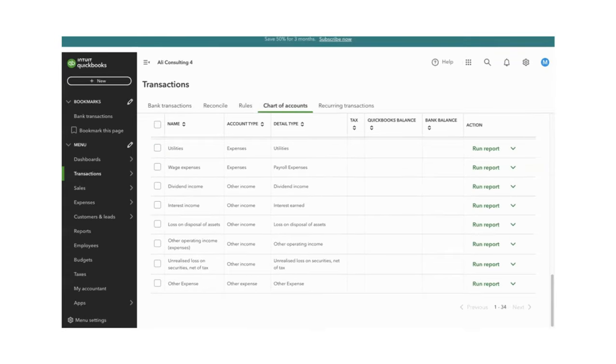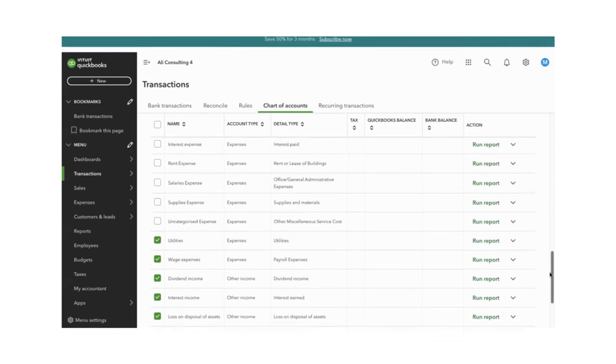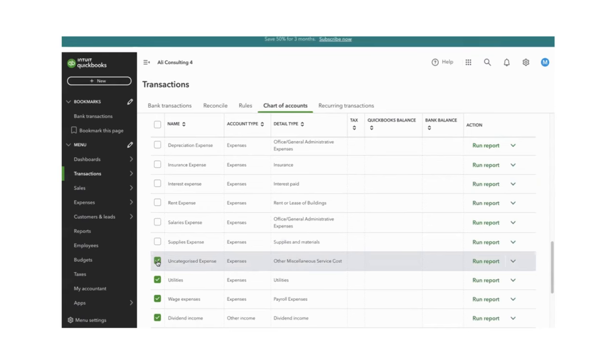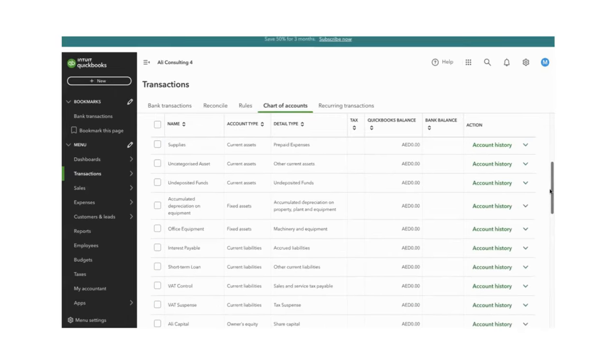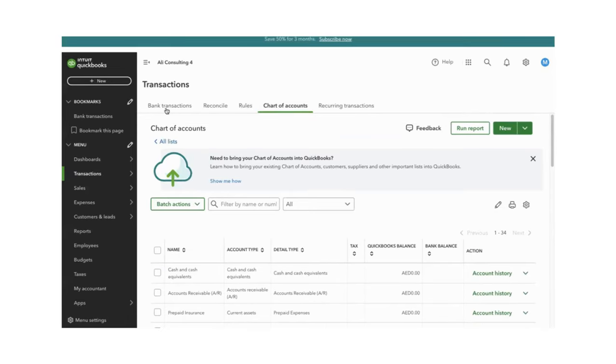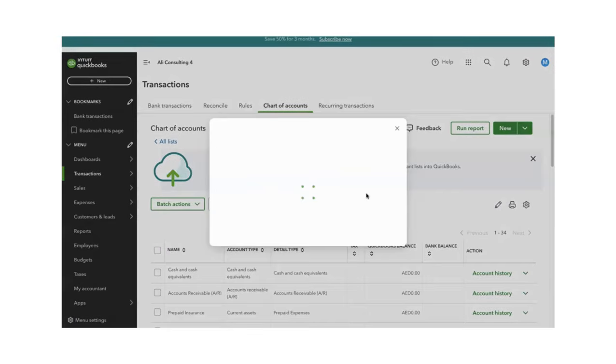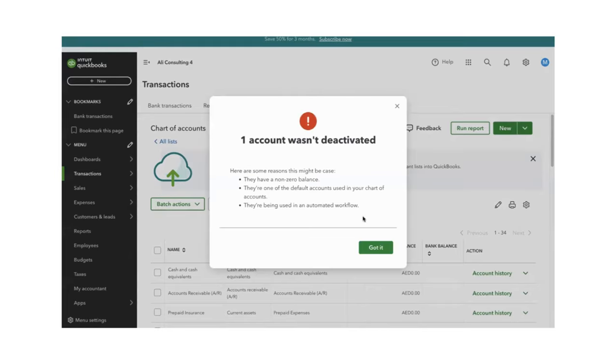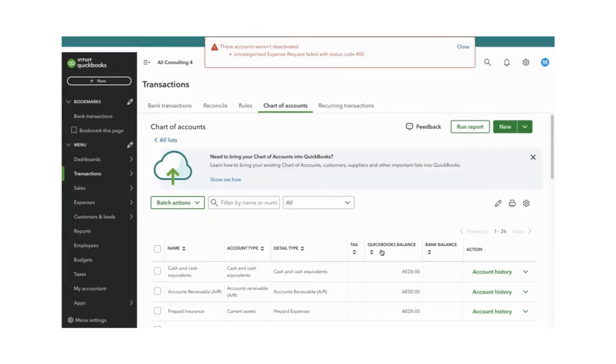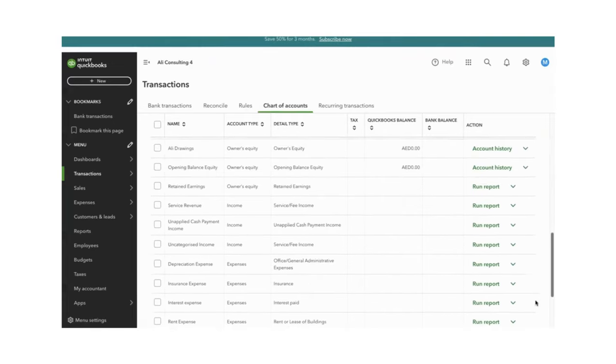So let us see some other accounting items now, okay? So we don't need this one. This one was in the second page actually. We don't need this one. Interest income, we don't need. We don't need. Okay. Yes. Let us remove this one, okay? We come here, make them inactive. Yes. Only one accounting item is not deactivated, but the remaining it is deactivated actually. Previously it was 34, now we have only 26. So this is actually the cleaned